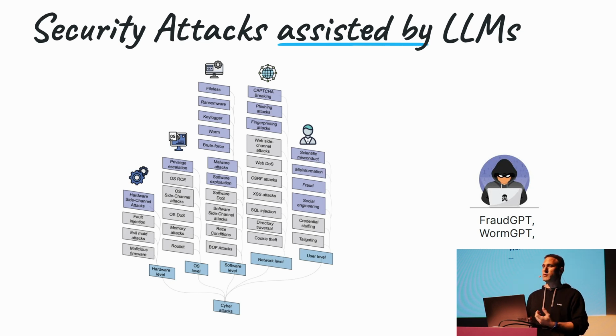But it's also very good at generating code, so it could generate exploits. Typically, ChatGPT is very good at parsing code and finding vulnerabilities in the code as well, so it could be helpful for that. And even if there are protections baked into the model, like the kind of protections we were talking about a minute ago, people, of course, have created their own jailbreak versions of GPT. You may have heard of FraudGPT, WormGPT. Of course, the dark web is full of people offering different variations of these models.